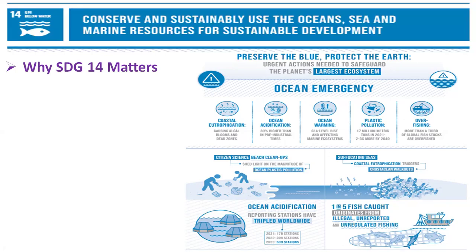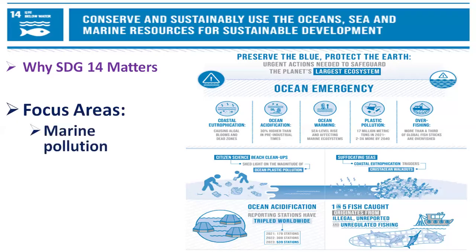By conserving and sustainably using marine resources, we can protect fisheries and aquaculture to ensure food security for millions of people. Healthy oceans can help protect coastal communities from storms and erosion. Conserving marine biodiversity is essential for the health of the planet. We have key focus areas in terms of marine pollution: reducing plastic pollution, particularly single-use plastics, controlling nutrient pollution